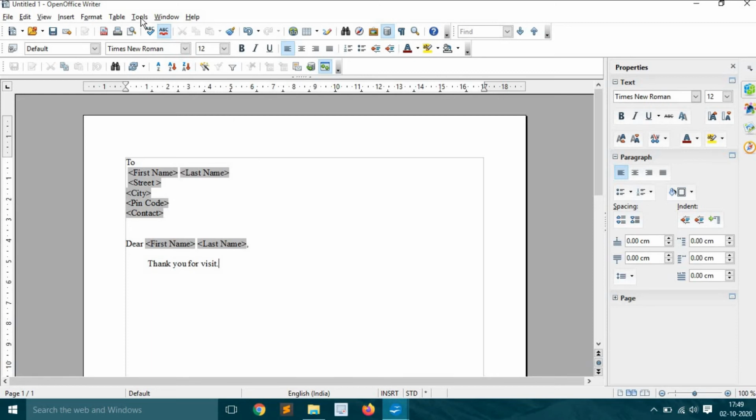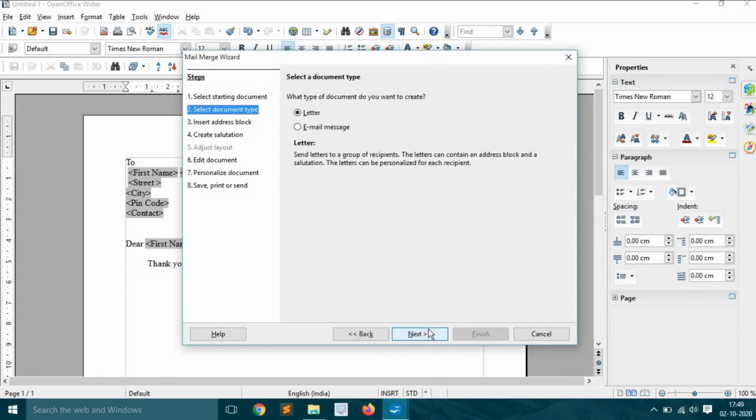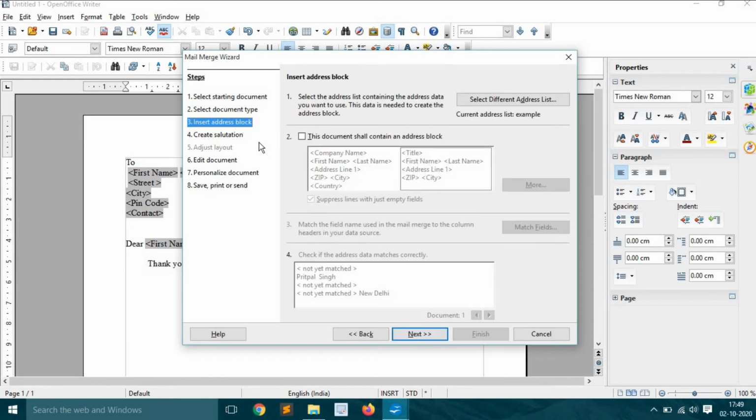If you go here, what you are getting now, fields are merged, we go for the tools and mail merge wizard. The mail merge wizard has 8 simple steps. We go for next. If it is a letter, I choose letter, I go for next. After that, if you are writing any kind of address blocks, you will mark this. Otherwise, no need to do anything, go for next.